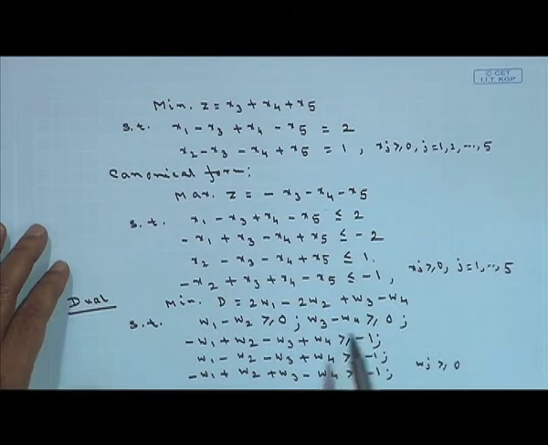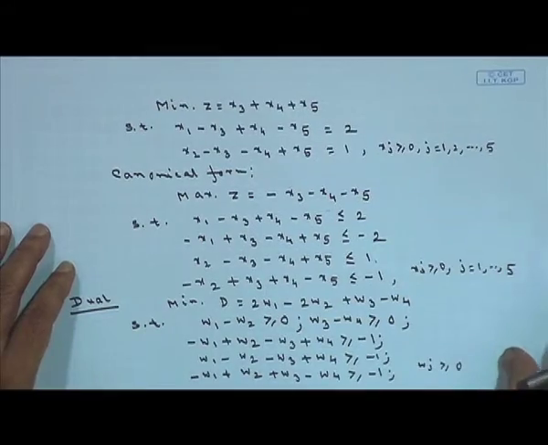Then we have written the corresponding dual problem. In the dual, the number of variables depends on how many constraints we have in the original problem. For this particular case, I had 4 constraints, therefore there will be 4 variables, which I am denoting like this, and I have written the dual.